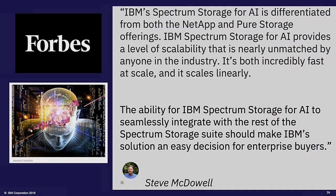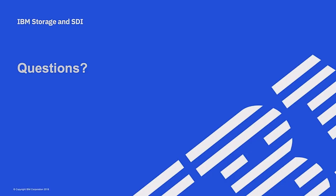And just to sum up, this is what comes out of Forbes. IBM Spectrum Scale for AI is differentiated from both NetApp and Pure Storage offerings, and we provide a level of scalability that's nearly unmatched by anybody else in the industry. Hence, the ability of IBM Spectrum Storage for AI to seamlessly integrate with the rest of our Spectrum Storage suite should make IBM's solution an easy one for enterprise buyers. So this is just a third-party Forbes validation of what we're trying to offer when it comes to the AI data pipeline. I like to think it's true. So with that,